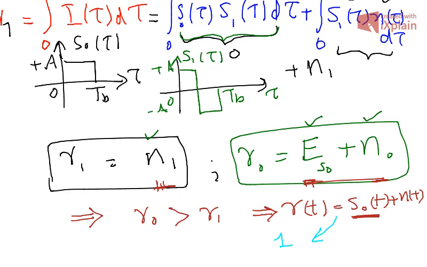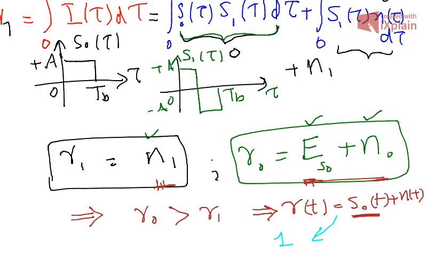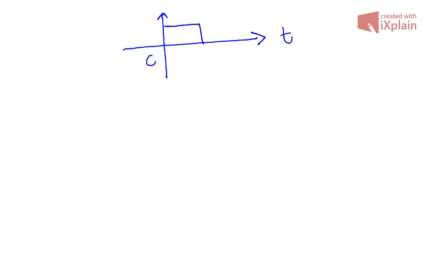So we are having the same assumption. Now let me draw the output of the correlator. If you observe graphically, we said that our signal is from 0 to